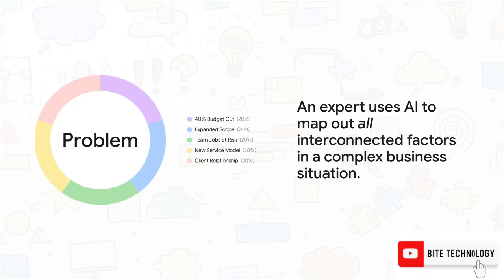So when you're facing one of those problems, the ones I mean, a total mess with a million interconnected parts, an expert uses AI to cut right through all that noise. You can literally ask it to untangle this web, to map out a few different ways forward, and even to stress test each option for hidden risks. It becomes your best partner for finding clarity in the middle of chaos.